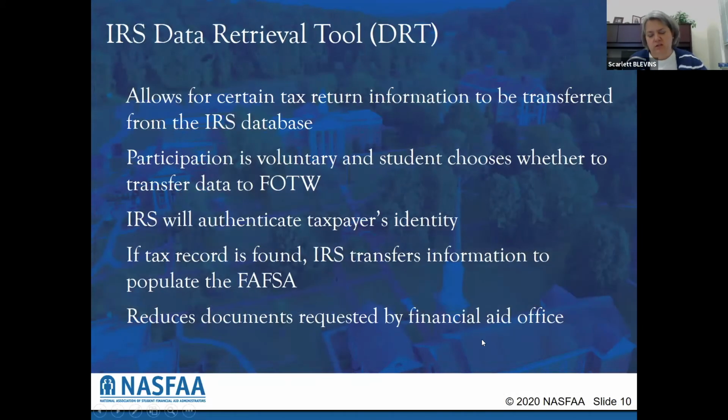So where we talked about earlier about the IRS data retrieval tool, or the DRT, you'll hear students or financial aid offices refer to that as the DRT. So that's what they're talking about when they're talking about the data retrieval tool through the IRS. It allows for certain tax return information to be transferred from the IRS database. Participation is voluntary, and tax filers can choose whether to transfer the data to the FAFSA on the web